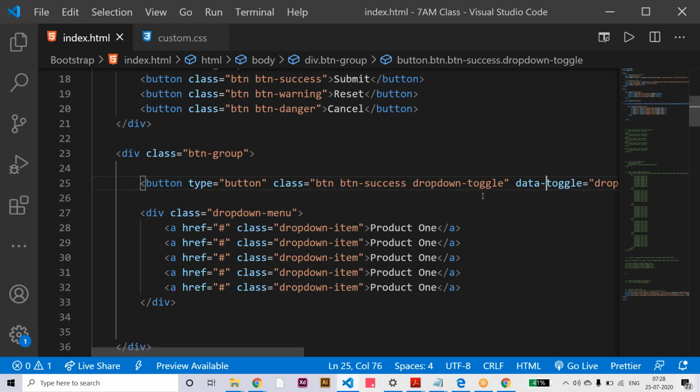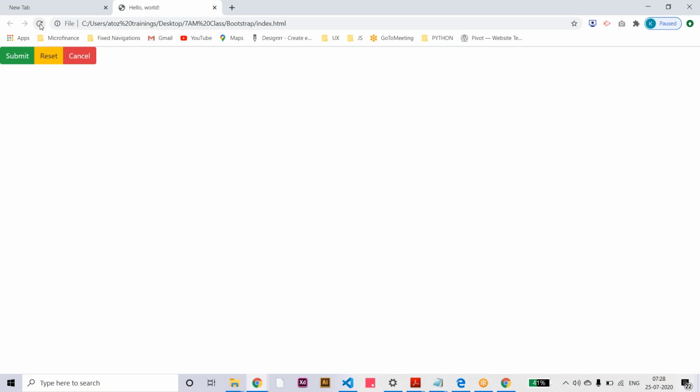So when the user clicks on the button, some category should display or some other information. For this we are going to provide the drop down menu on the product items. Let me check this. Okay, now we have a categories button here. We have a small arrow also, and once we click, you can see the drop down of buttons, like category 1, category 2, category 3, or product 1, product 2, product 3.